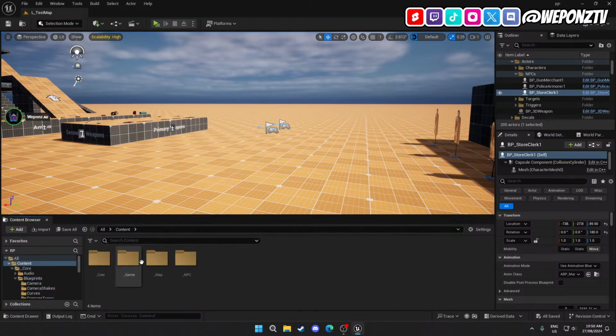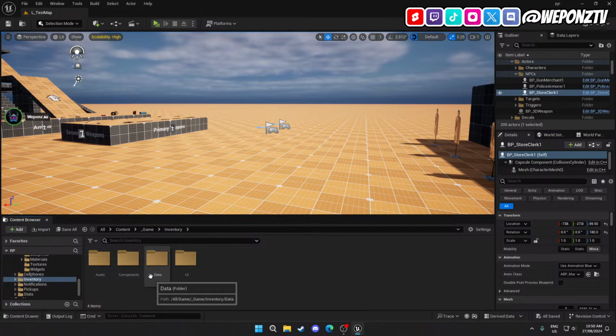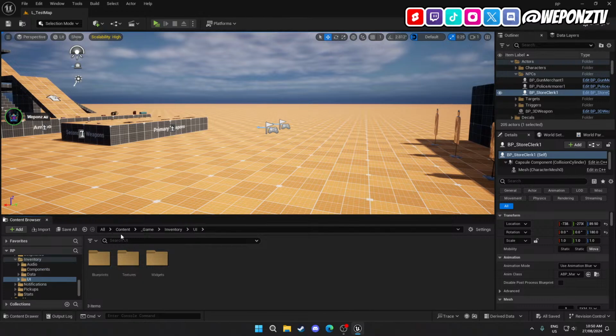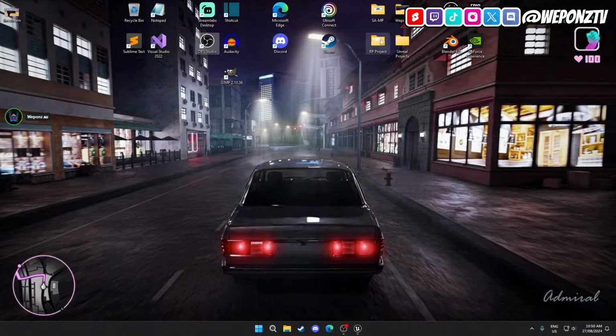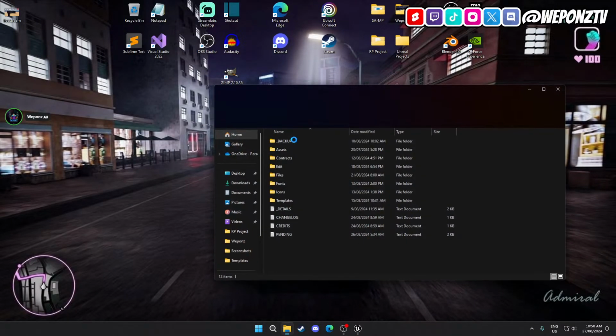I'm actually yet to convert the inventory system over to soft object references for the pickups, the pickup meshes, and the 2D icons. But that's the optimization stage, which I'm slowly doing as I go. Once I complete something, I optimize it, get it to its most final stage possible, and then I move on to something else. But to give you maybe a little bit of an idea what's going on here, let me